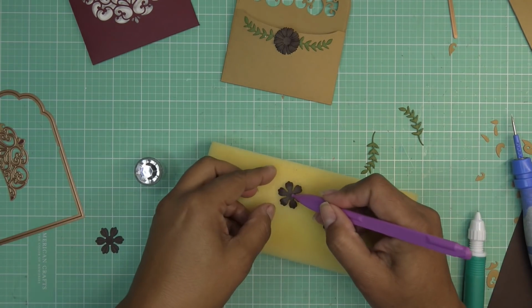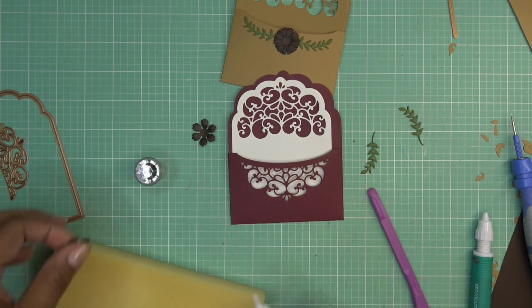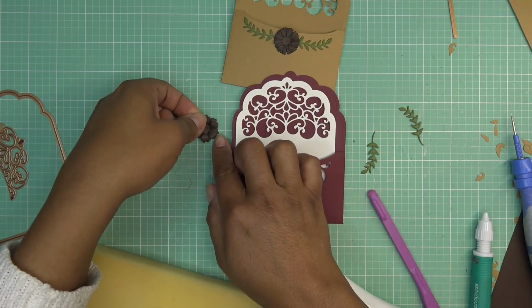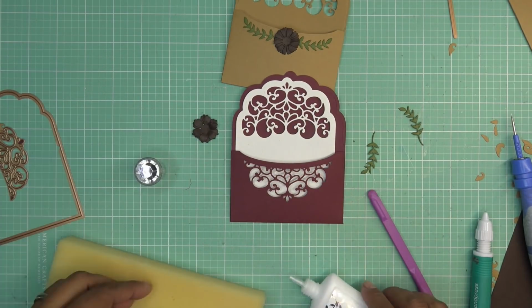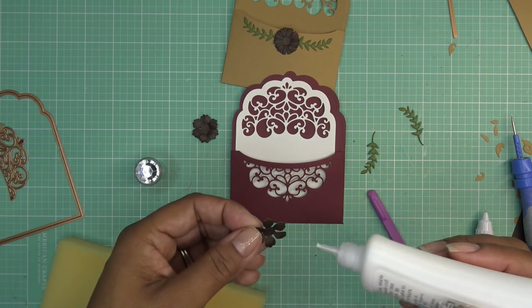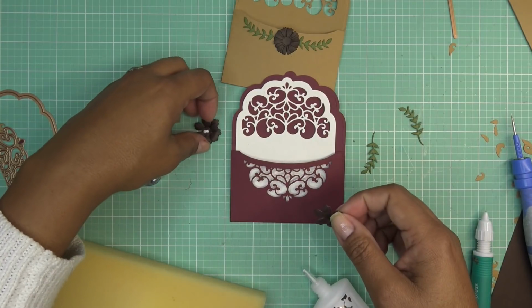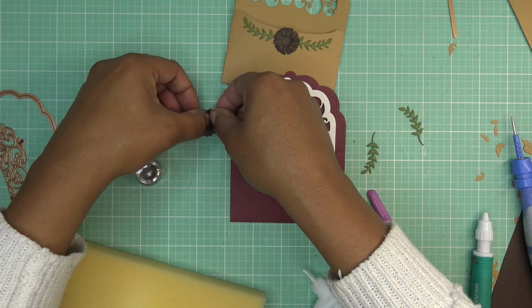And then on this side, you can just push it back in like that. Okay? I'll do that to all three of these guys. And I can build up the flower before I put it on my project, so I can put a little glue. Again, offset the petals. And the last one, and just 2 layers looks really nice. I made 3 for this one. So I'm gonna let that set up a little bit before I start manipulating them more, but